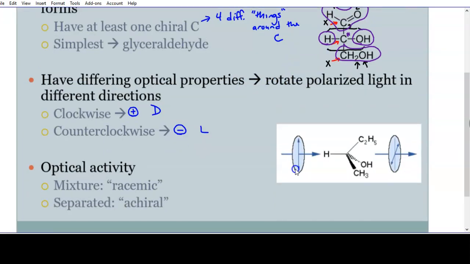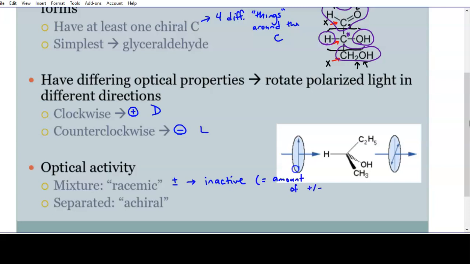We have something called optical activity, which is directly related to these optical properties. We have mixtures of them. Racemic, probably not how you say that word. But this is a combination of the positive and the negative sugars. They kind of cancel each other out. Something goes clockwise, something goes counterclockwise, cancels out. So these are said to be optically inactive when there is a mixture of the two and they're fairly equal. They are inactive because we have an equal amount